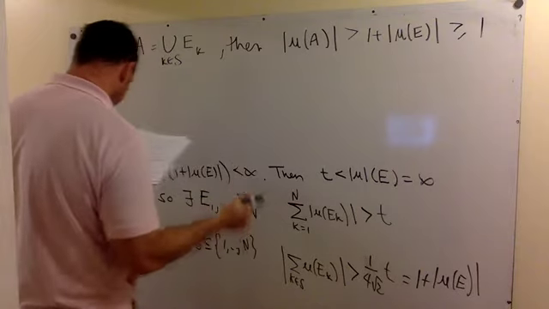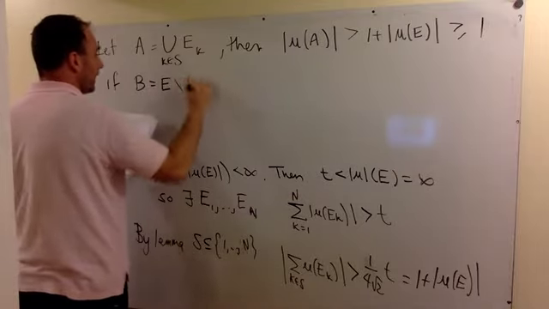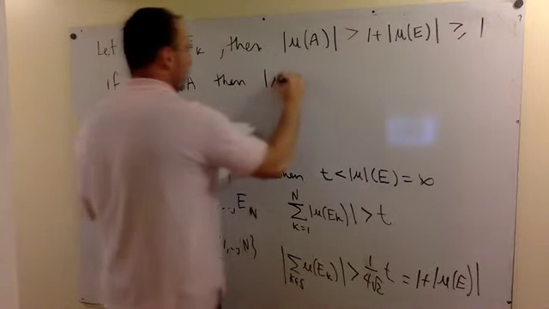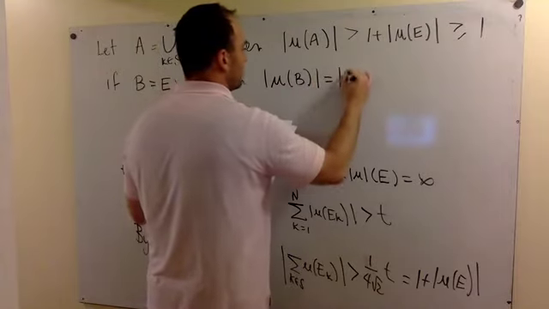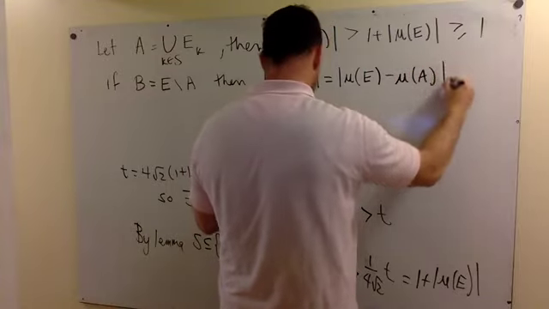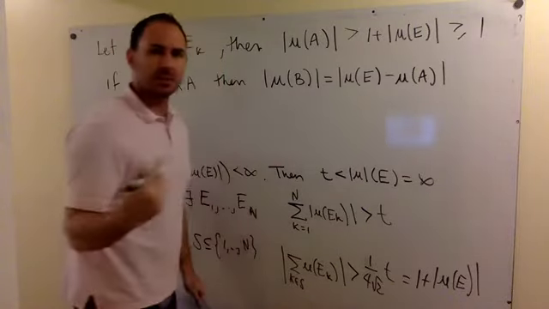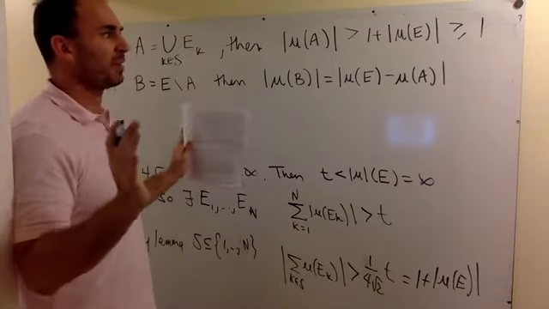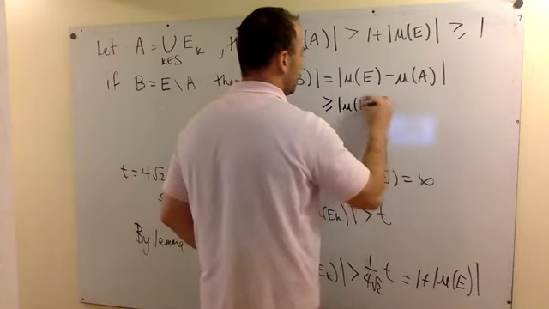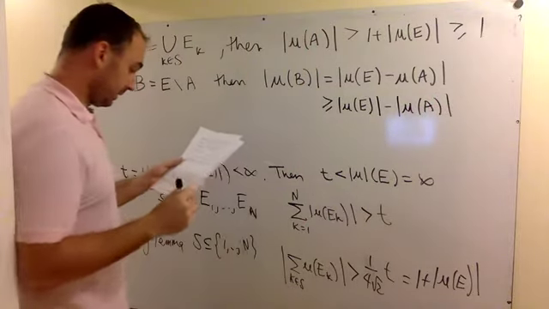And what else, if B is equal to E minus A, a subset of E, then the measure of B, this is the measure of E minus the measure of A. So one thing, this is just a definition of the complex measure. You can subtract it. By the way, we don't even need to worry about subtracting infinity because everything's finite. This is greater than mu of E, of A. And now that is